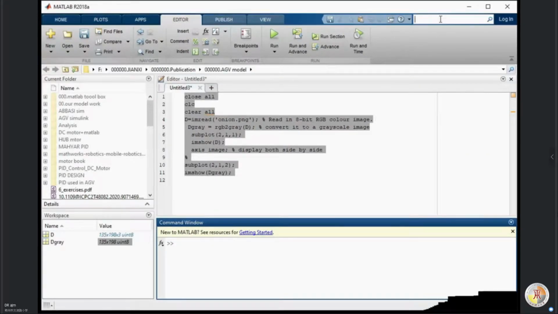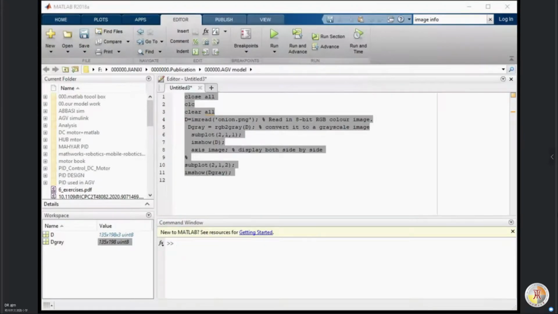If you forget the syntax, you can just use imfinfo. Then here in the help, it says that imfinfo is the command which will give you the information regarding your image. If I want to use this command now, simply I can use